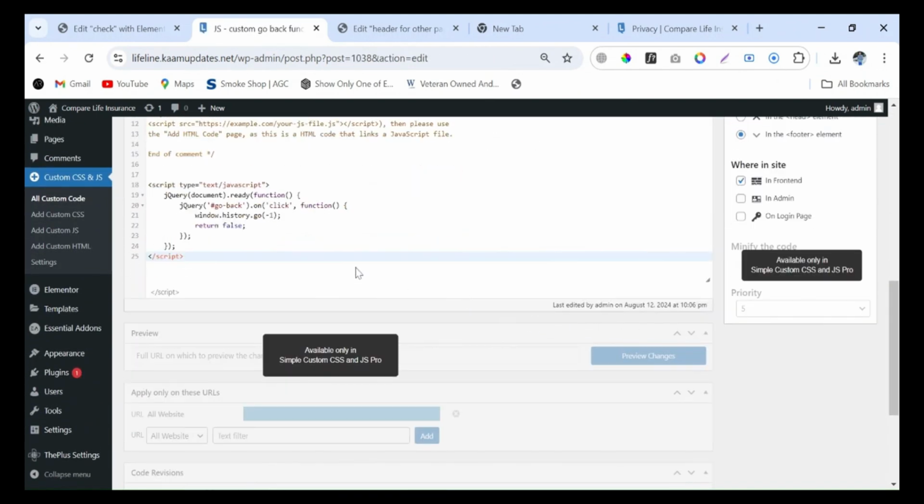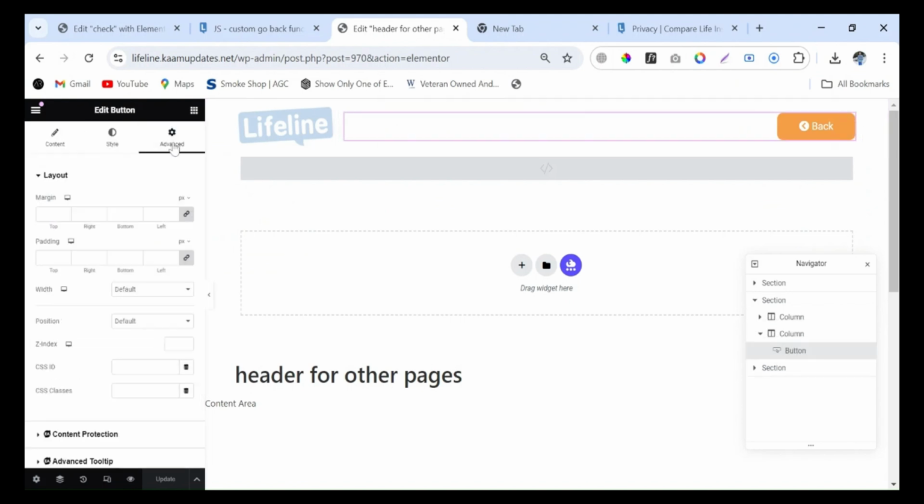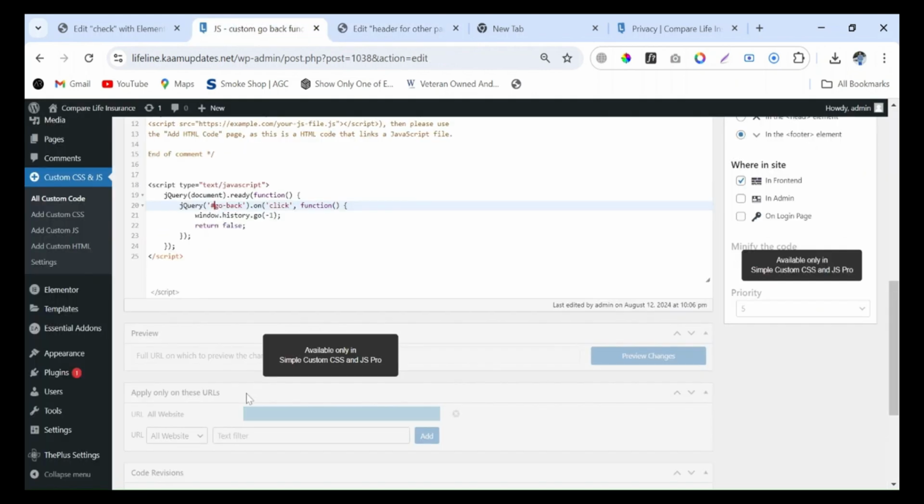Now the code is published, but you need to change the ID. This is the ID which you will use here for this button. If you do not use this ID, then your back button will not work. So simply click on this and go to the advanced option, and here write the ID which you use here.